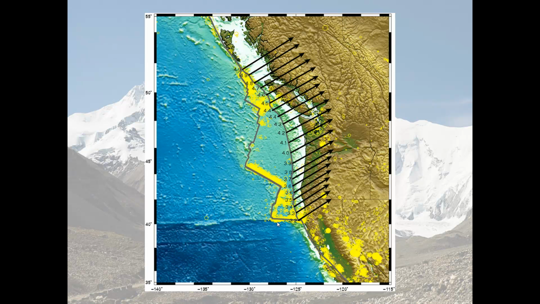And as it does this, it's causing all sorts of earthquakes. Every time it moves, it doesn't move smoothly, it moves jerkily, and every jerk is an earthquake. And every earthquake that we know of has been recorded with these yellow lines. So you can see that all along the junction of this plate with the other plate is a place where there are earthquakes, and we live in earthquake country.